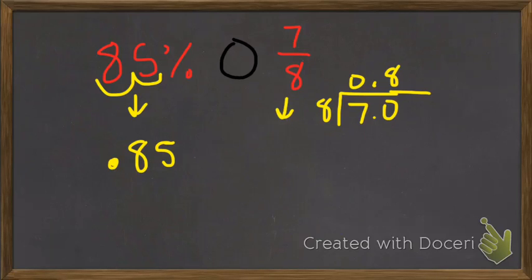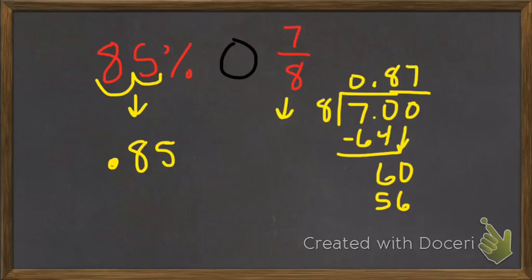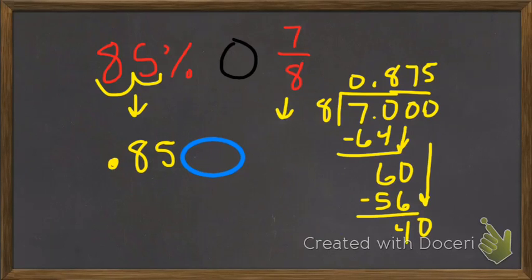So we have 8 times 8 is 64. Remainder of 6. Add a 0 and bring it down. 8 into 60 goes 7, which is 56, and 60 minus 56 is 4. Add a 0, bring that down, and 8 into 40 goes 5. So 7/8 as a decimal will be read as 0.875. Now, if we just add a 0 to this one,